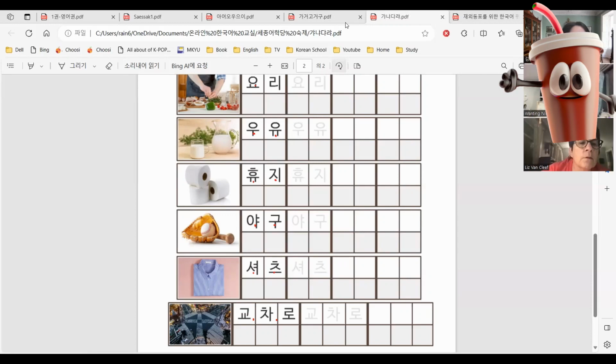If you can read, then you don't need to remember at this moment. So just practice. 차로. 교차로. Okay. Then